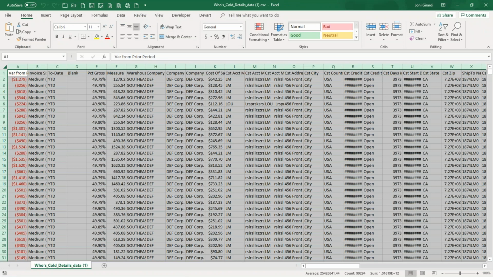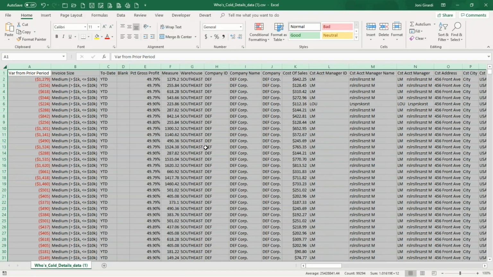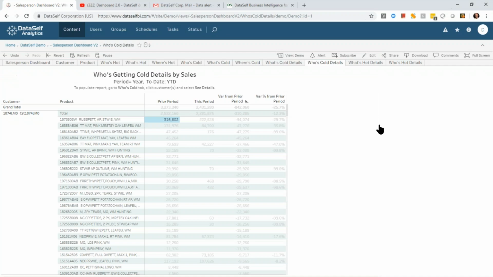So easy to see high-level KPIs, easy to slice and dice the data, easy to see trends, and if you need to download the data to another application like Excel to do more manipulation, it's a simple click away. This is the kind of ease of use, this is the kind of human-focused technology and framework that we provide to empower salespeople to be effective, to see trends quickly, to make decisions and take action.